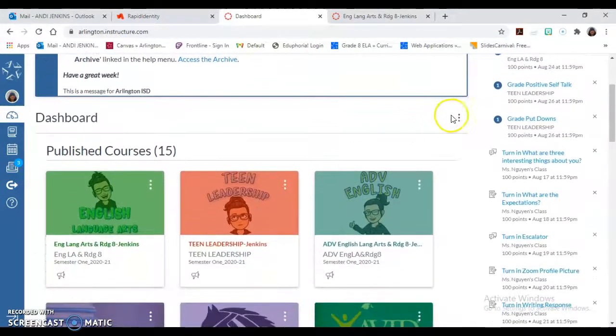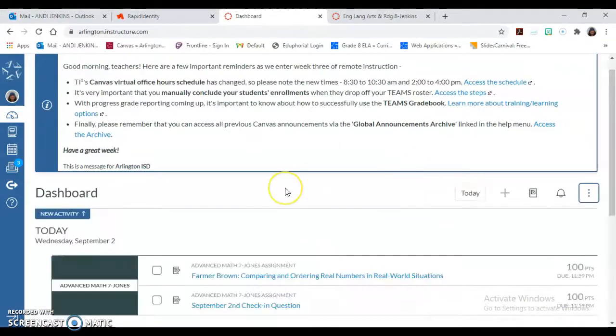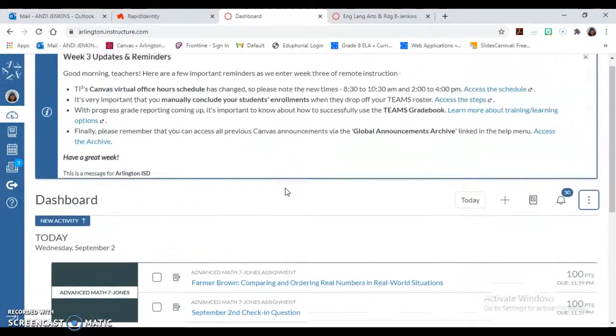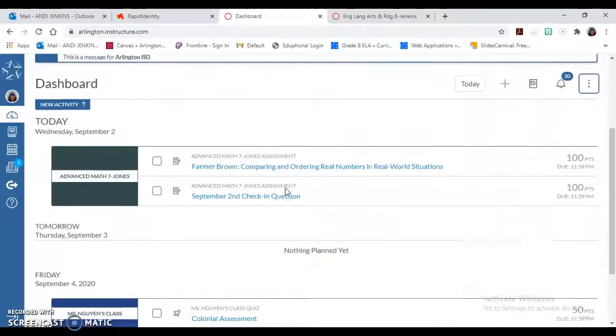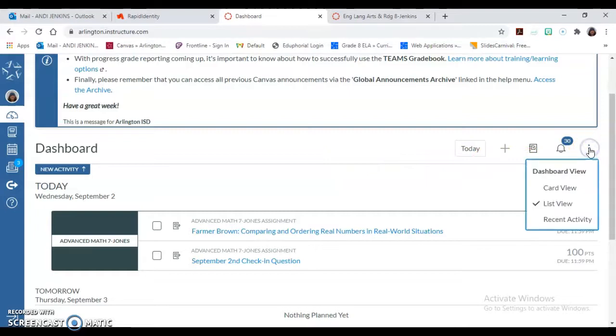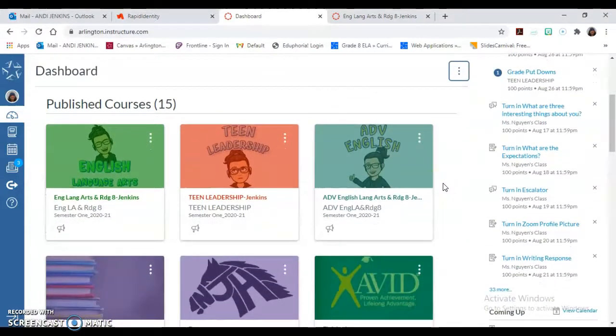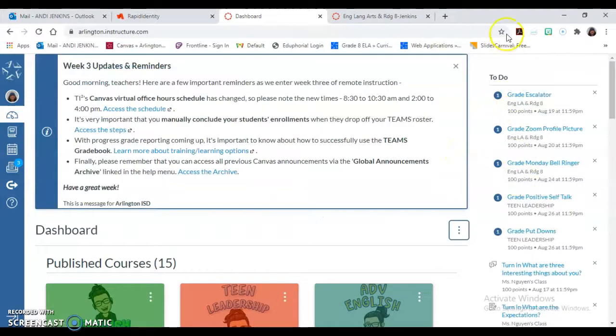So I'm going to show you one more time. If your dashboard looks like this, the way that you get to your classes, you could click here, but that's more work than necessary. So, three dots, card view, here you go. Drag these into order. You still have a to-do list over here, but remember, the things that you need to